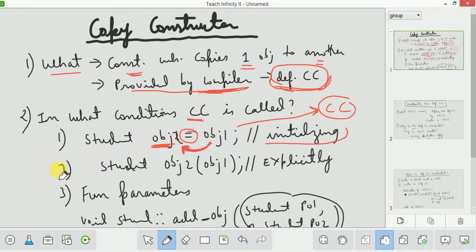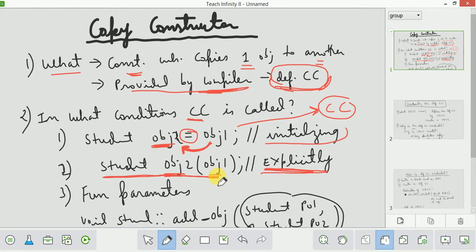The second way is by explicitly calling the default copy constructor. Explicitly means you are calling the default copy constructor yourself. How do you call it? Using this syntax. I am creating object 2 and passing object 1 as a parameter.